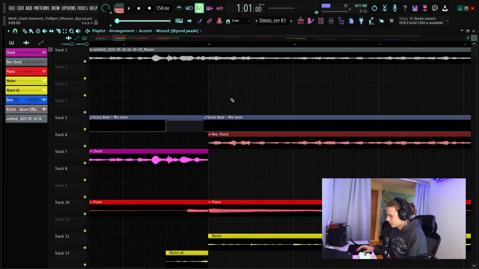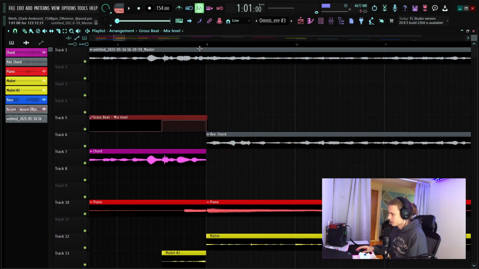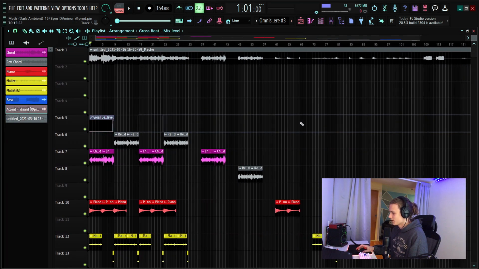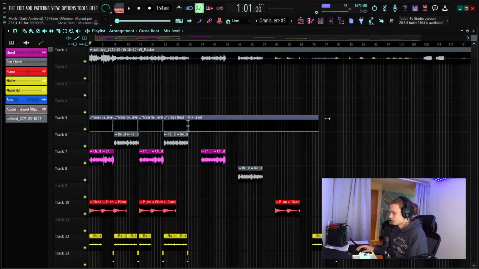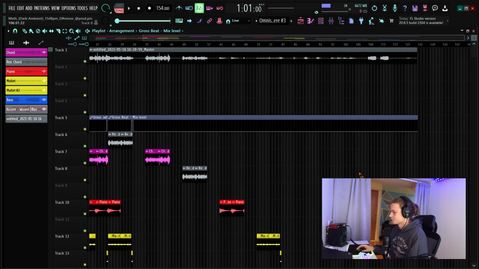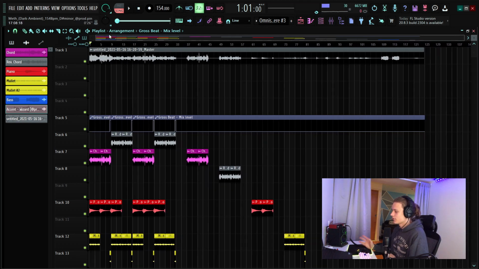Although this is completely off time, so I'm going to go ahead and fix that real quick. So it should be like that. But yeah, that's pretty much it for the first melody, and now we can go ahead and move on to the second one. Alright, so this second melody is more similar to stuff I've done in the past, but